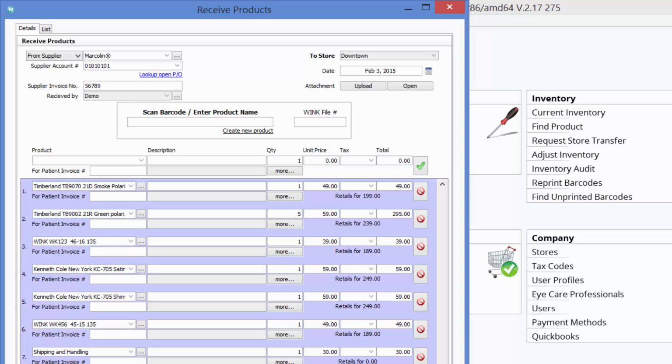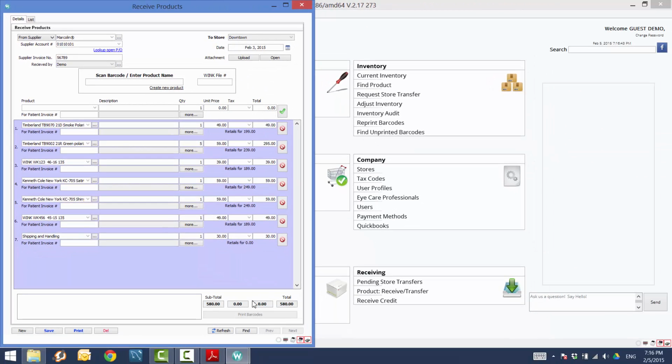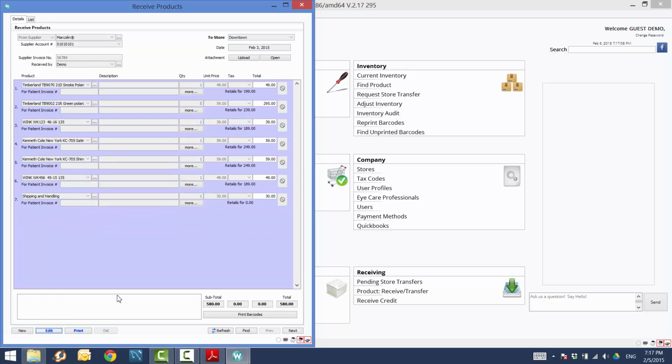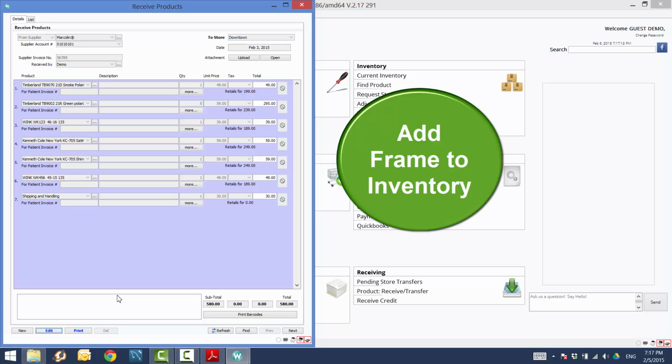Okay, so I've finished recreating my supplier's invoice in Wink. In my hand, I have the original invoice from my supplier, and it shows a total of 11 frames at a total cost of $580. In Wink, I have the same total of frames and the same total of dollars. So now, I'll click on Save. By clicking on Save, I've completed the second step of the process